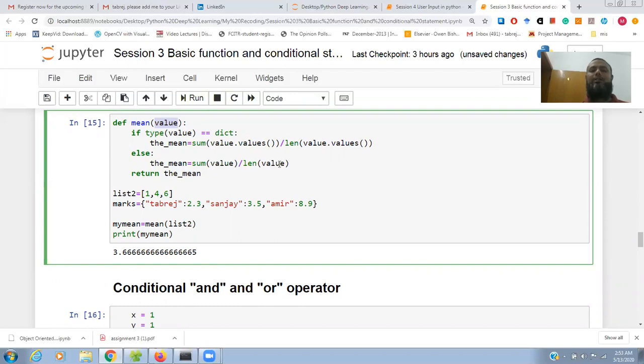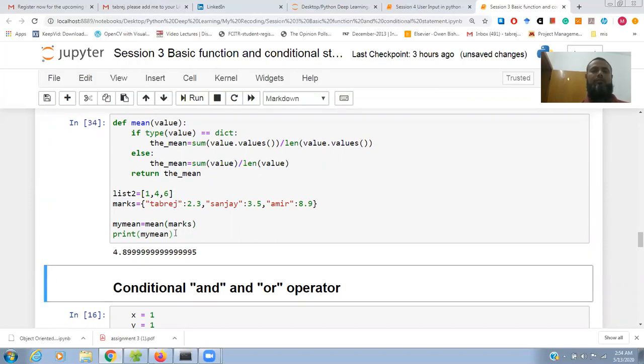This is a list. So suppose this is my list and this is my dictionary, so I'll pass the marks to find the mean. I pass the dictionary now and I want to find the mean.